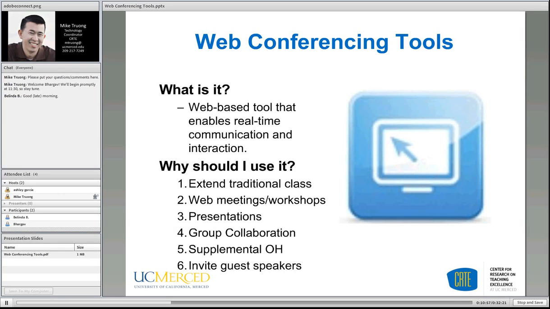Fourth is that this idea of group collaboration can happen a lot easier online between instructors and students and among students. Meeting in a physical space, especially at UC Merced, can be difficult because there's a lack of meeting rooms and classrooms and so forth. And to have just a virtual space where you can just meet anytime, I think really is